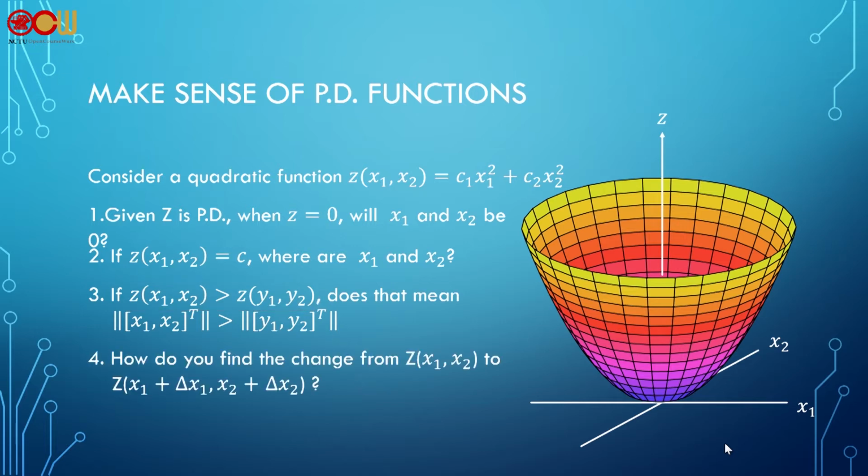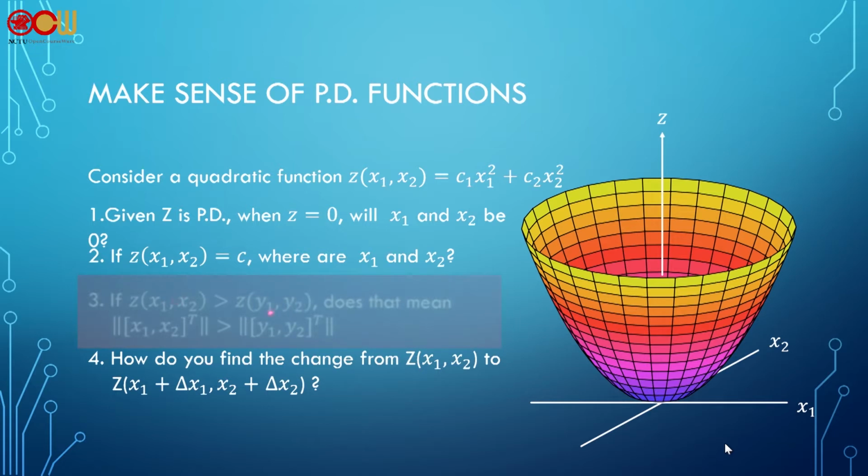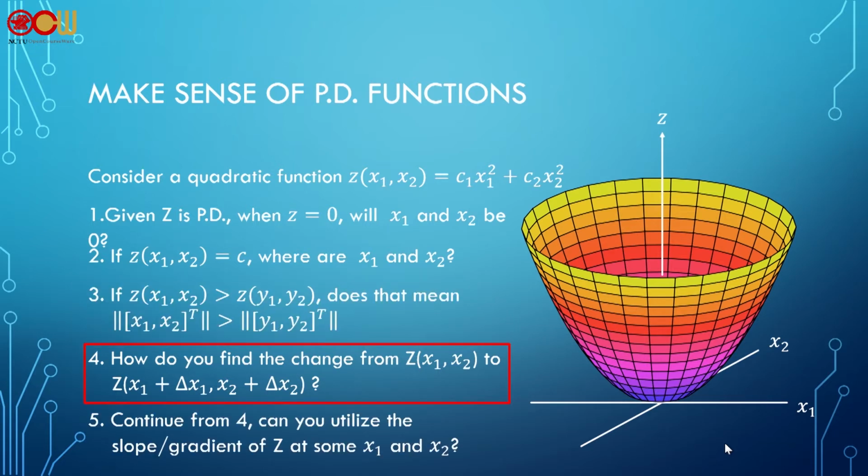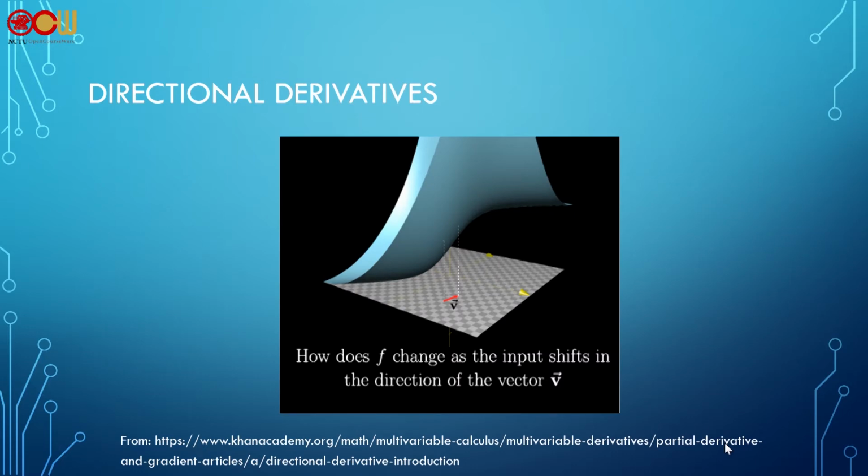But you cannot say, oh, if this z is greater than that z, then the norm of the argument will be the same. Then we talk about how the z function changes with time, right? And it depends on your trajectory x1 and x2, which depends on your dynamics. And that's when we can introduce the directional derivative. So what is a directional